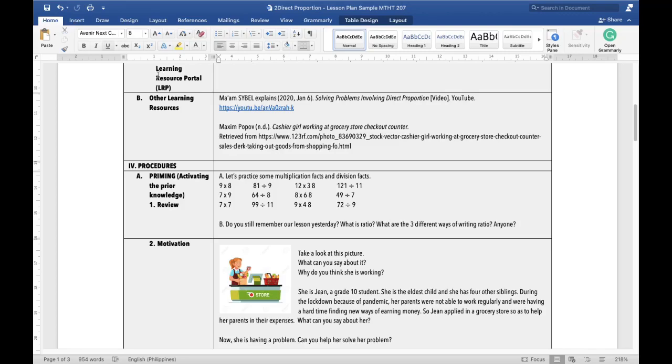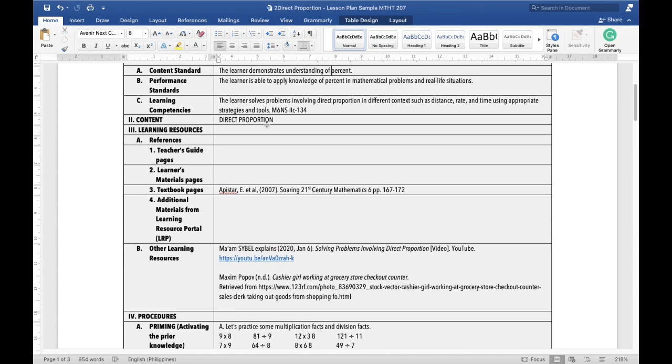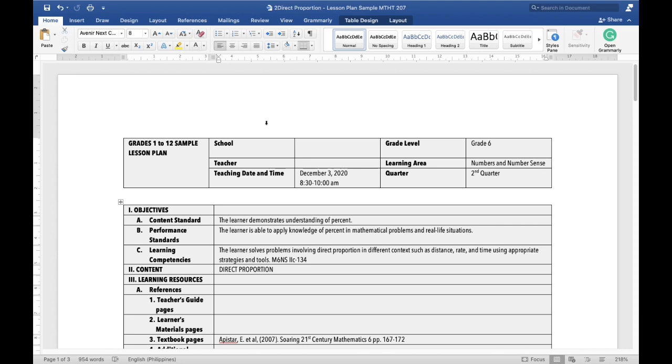Good day, everyone. I'm here to teach you how to make a lesson plan using 4A's. But before anything else, I want you to know that I'm using the K-12 curriculum guide in making this lesson plan. So we have here the content standard: the learner demonstrates understanding of proportion. Next is the performance standard: the learner is able to apply knowledge of proportion in mathematical problems